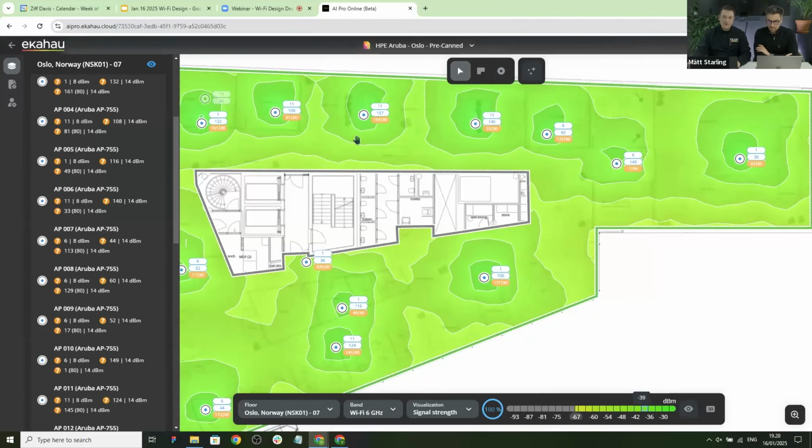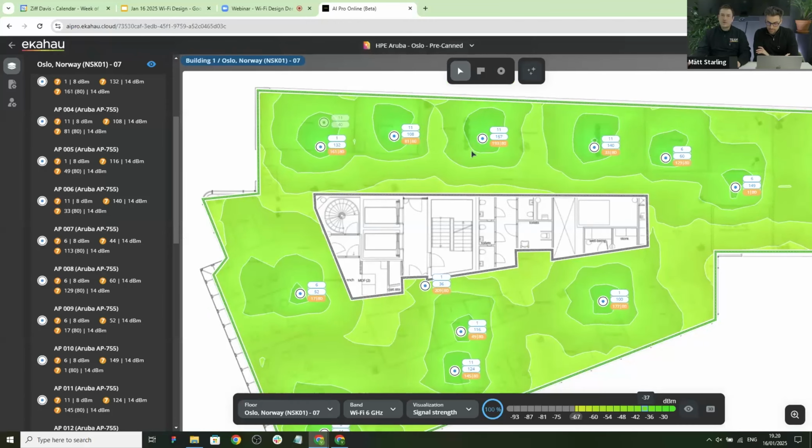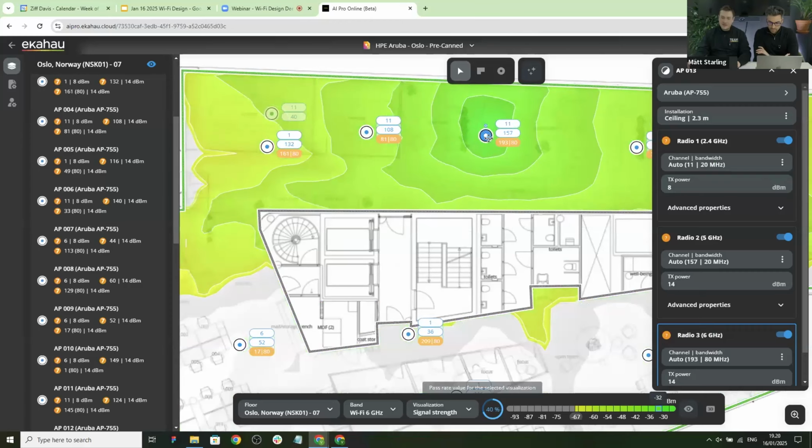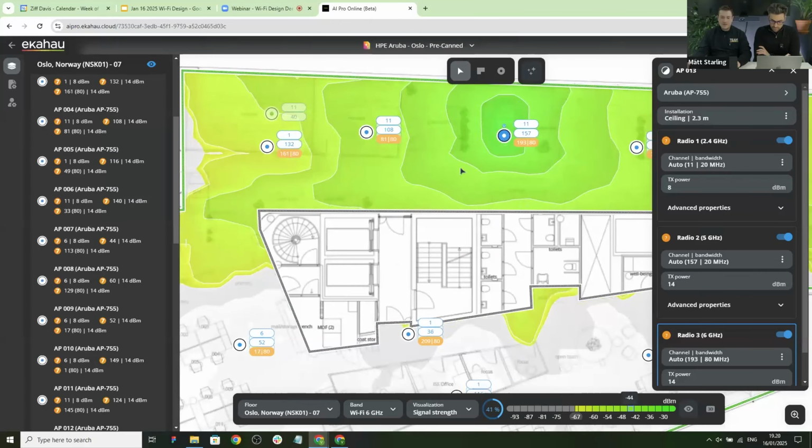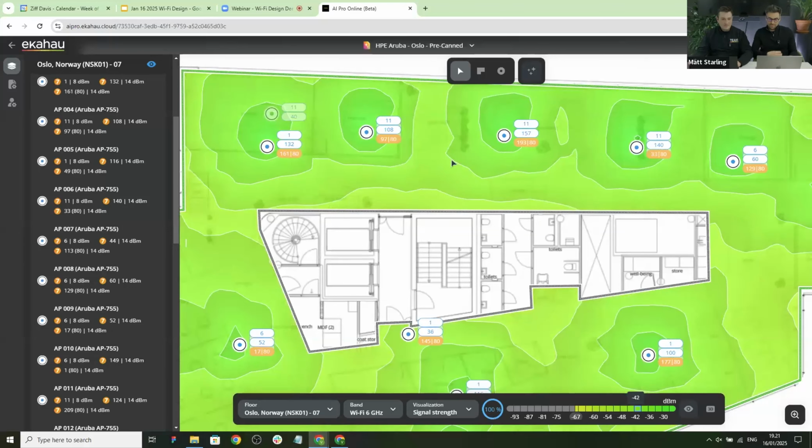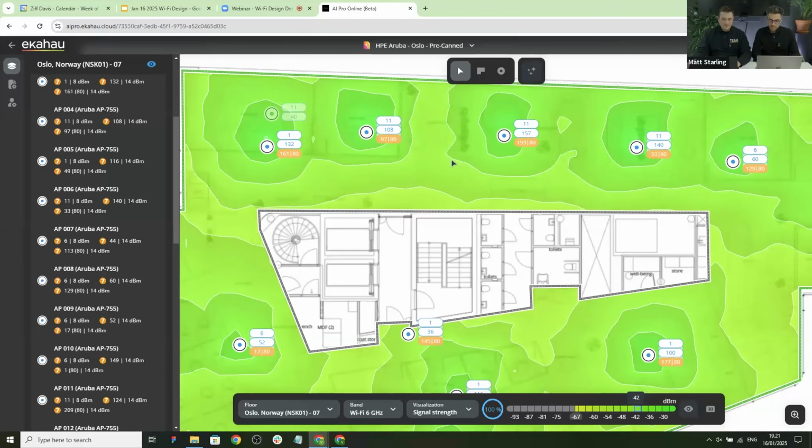So you can see that this project with this AI environment is super easy to use. So you can add new APs, remove APs, move them around. And that's all due to the AI environment with Scikit-2 measurements. So very easy to use, and hope it will save a lot of time.